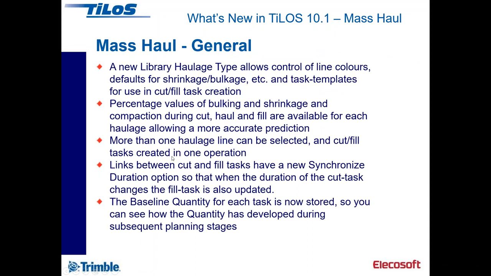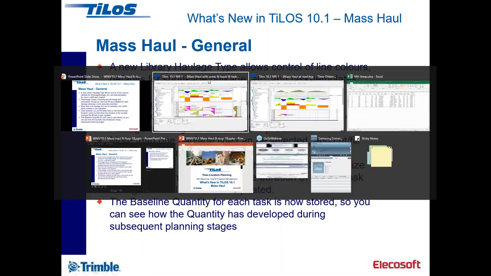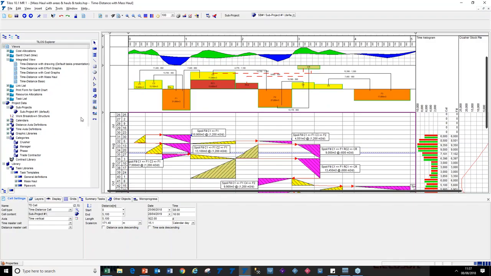So I thought we came in step by step. Let's look at the first one. We've got a new haulage type in the library. This is rather fundamental. So if we go to the library again,